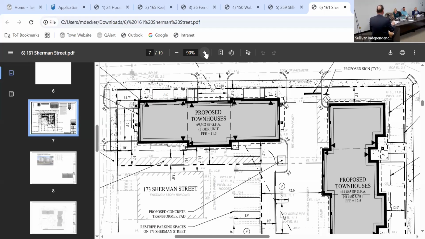Even though it is in a DCD zone, you want the ability, only in limited circumstances, to have that commercial on the first floor, because it's a quiet street. You do not want that to be a general office use. And I think that's one of the hardships. It's what the commission looked at on Reef Road and said, this really should be residential on the first floor, especially in downtown or on Sherman Street where you really have issues with regard to parking.